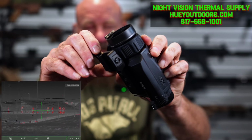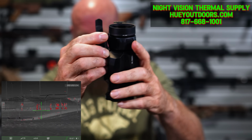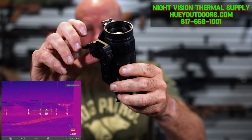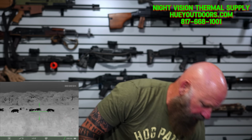It comes with the mount. You don't have to buy a mount. It's a throw lever mount here that'll go back on. I believe it returns to zero. I need to test that, but they're telling me it returns to zero, so you can switch from rifle to rifle. I've put this thing on multiple rifles. One of the main ones I've run it on, and a lot of the videos that you're about to see, is this 16-inch